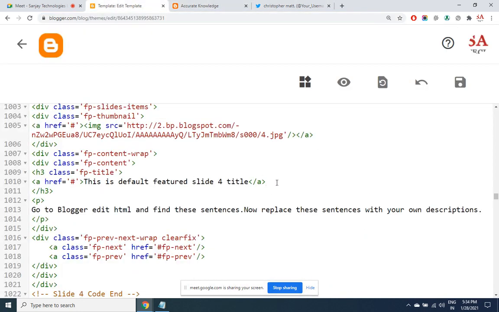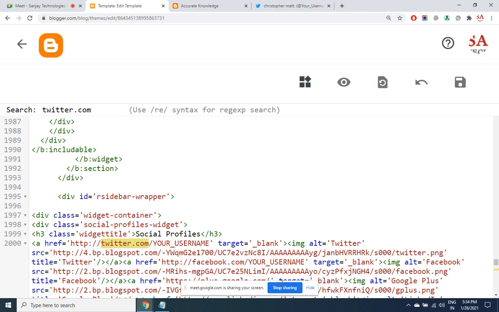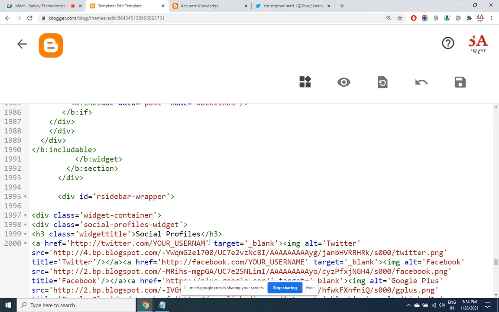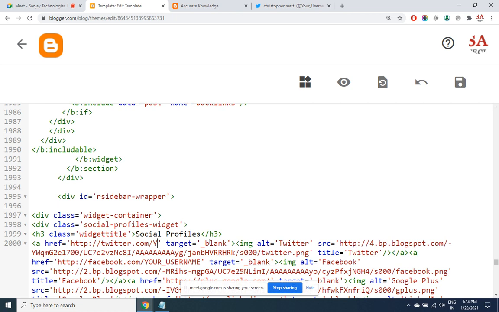Control F. Twitter.com. I'm searching for twitter.com. Here it is. So I replace this with my profile URL.